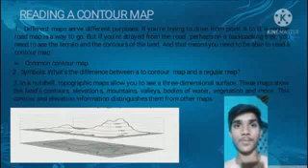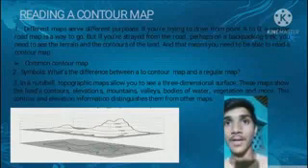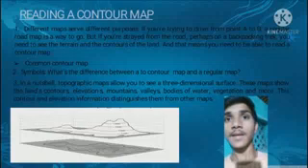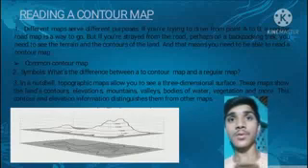Reading a contour map. Different maps serve different purposes. If you are trying to drive from point A to B, a regular road map is the way to go. But if you have strayed from the road, perhaps on a backpacking trek, you need to see the terrain and the contours of the land, and that means you need to be able to read a contour map.